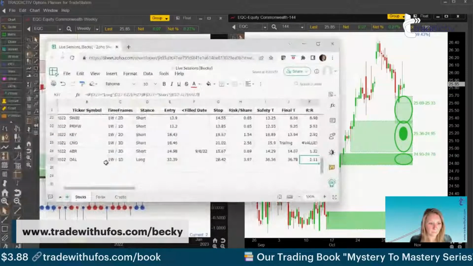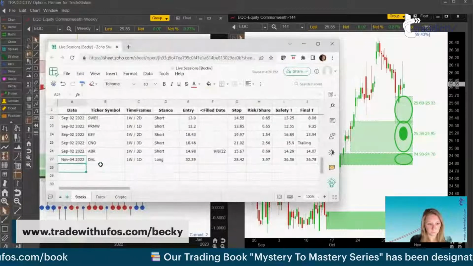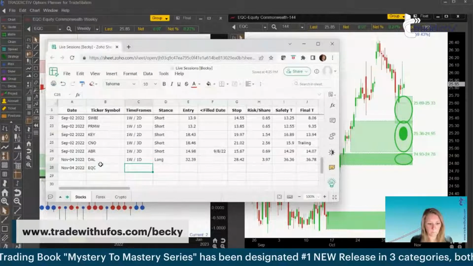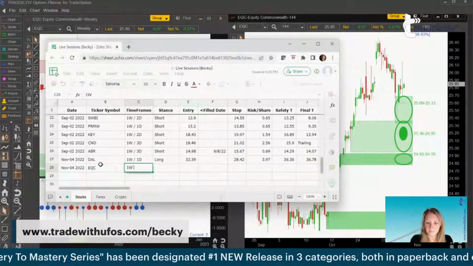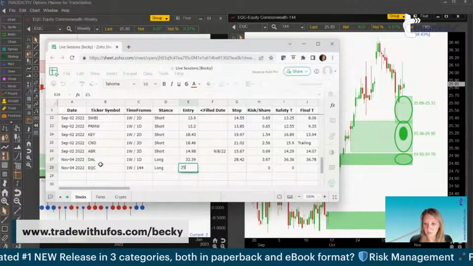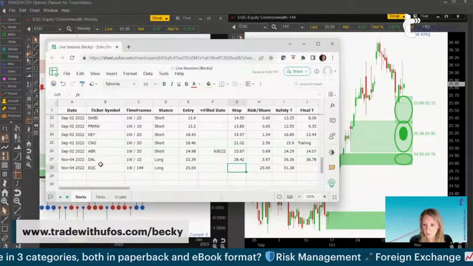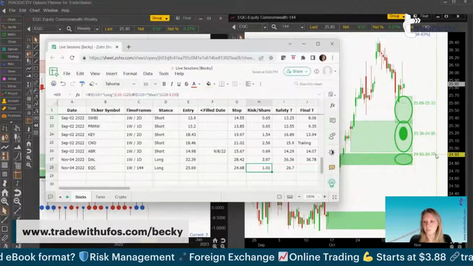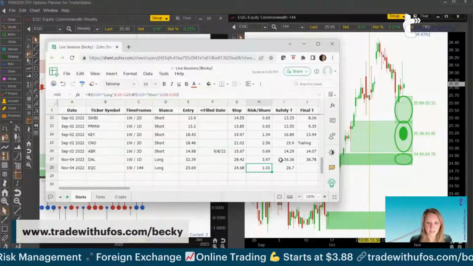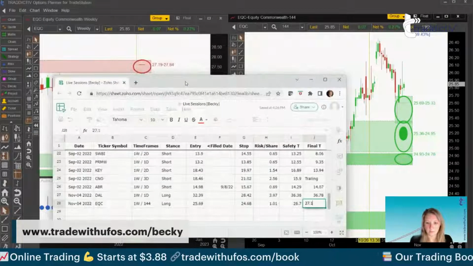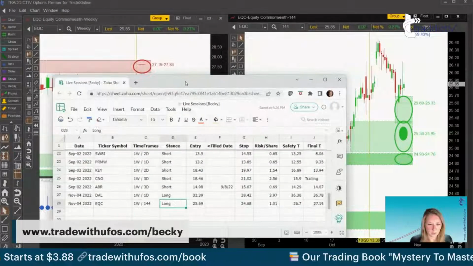So November 4th, EQC, 1 week and 144. We're going long. Entry price 25.69. Stop loss price 24.68. So it's that smaller number here, take off 10 cents. And our final target is 27.19, which again, I think is